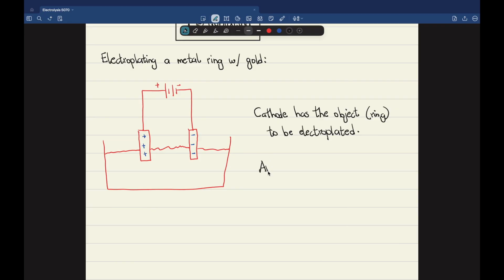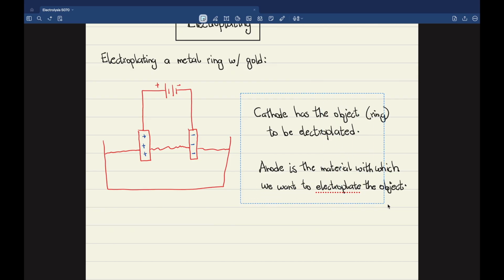And the anode is the material with which we want to electroplate the object, right. You see, more examples can be that a spoon gets electroplated